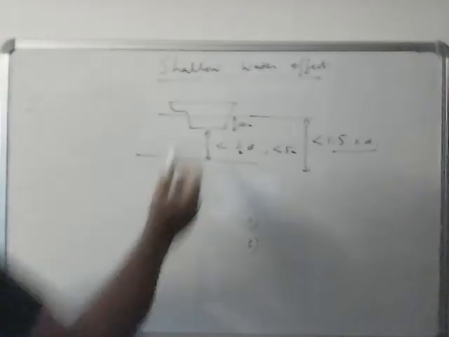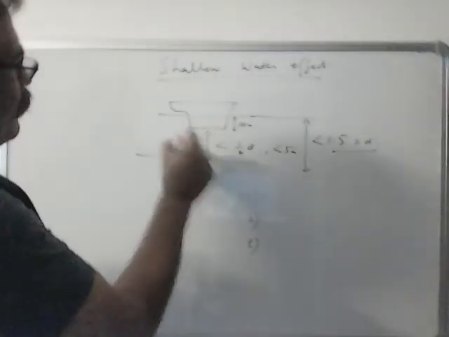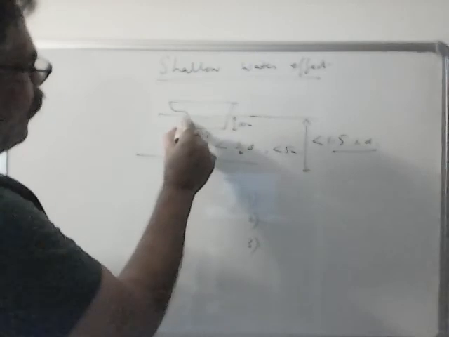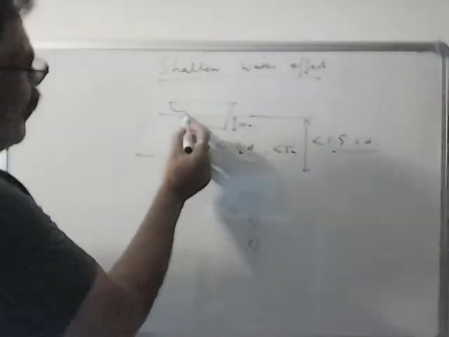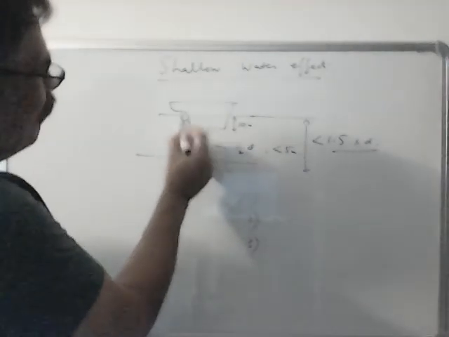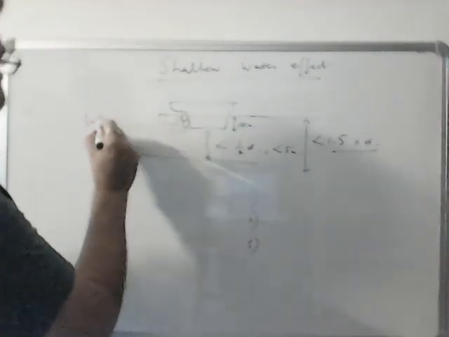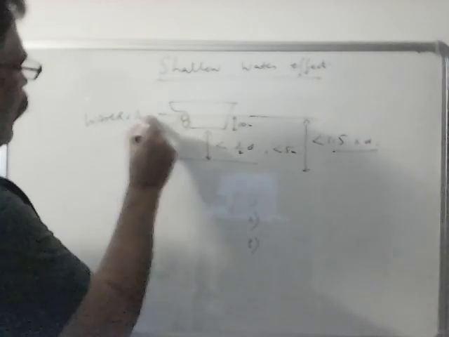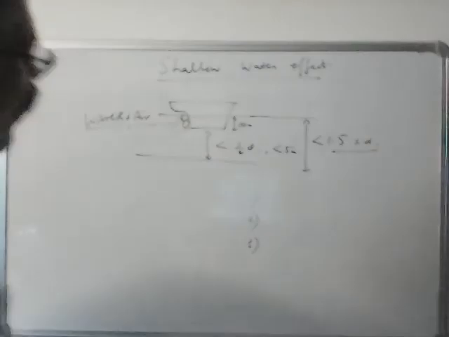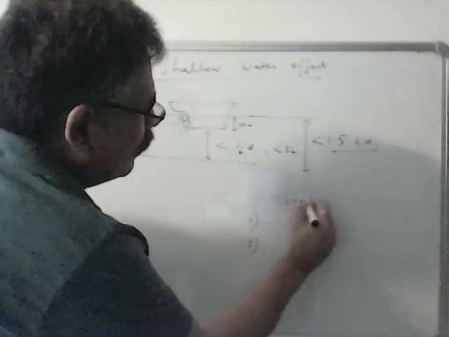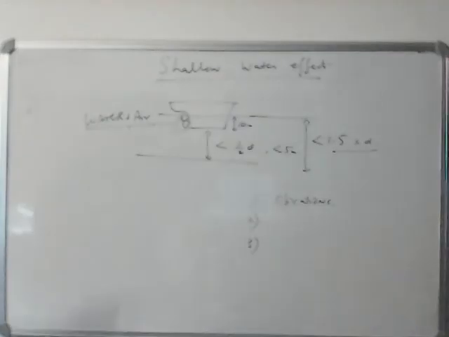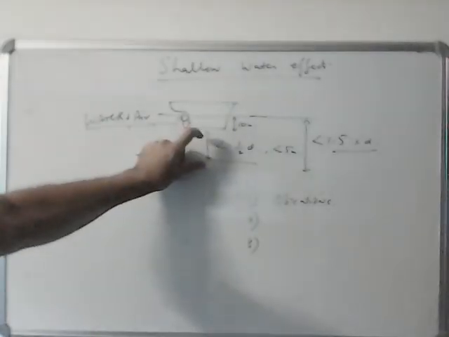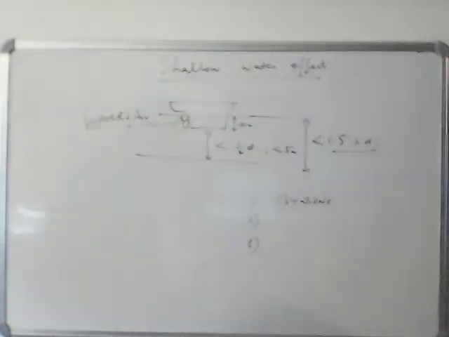First is, since there is less water under the keel and in the aft part, your propeller is moving in a partial vacuum. So it is not gripping the water properly. Here you have a mixture of water plus air. Due to this reason, you will get some vibrations. So this is also a shallow water effect. The ship gets vibration. To reduce this, you have to reduce the speed, because you cannot increase the underkeel clearance and come to deep waters, so you can reduce the speed.